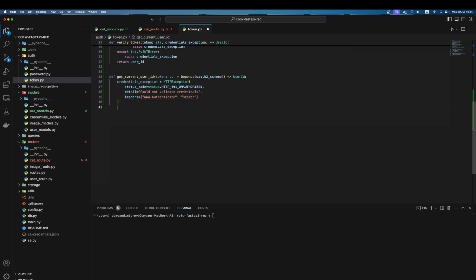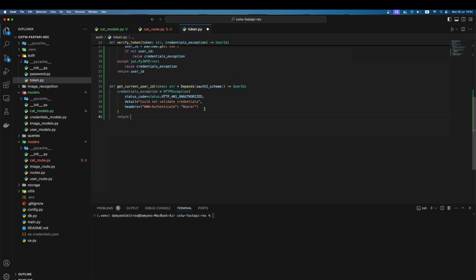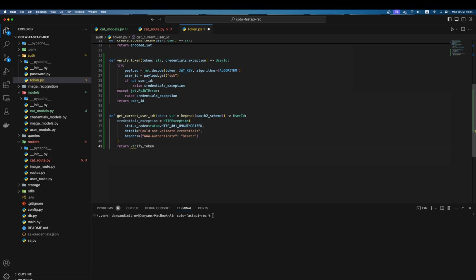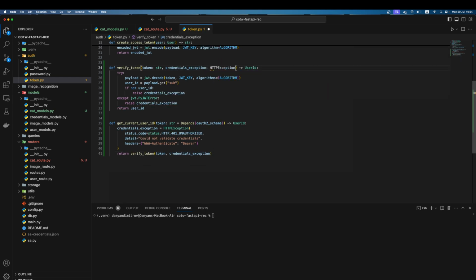Okay, and we will return a function which is verify_token, with the token itself and the credentials exception. Okay, and here what we have as a type, HTTPException. So here we need HTTPException. Okay,